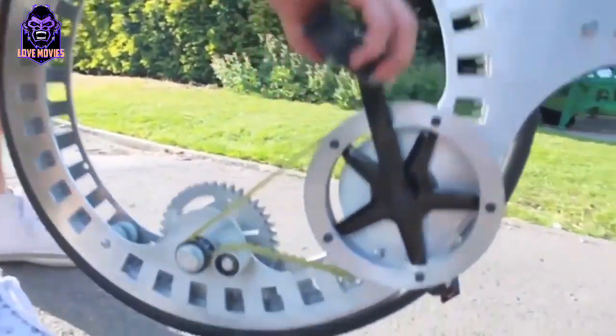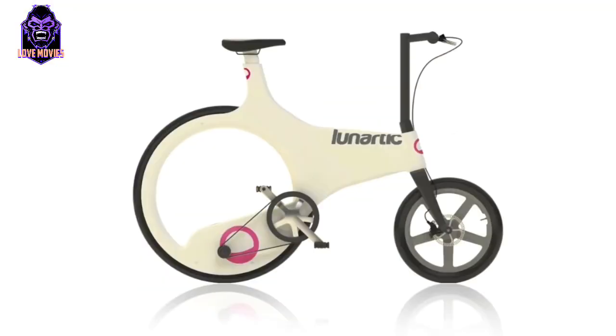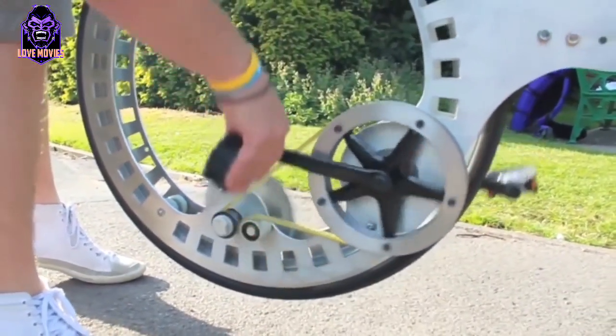Since there's no hub, there are also no spokes, leaving onlookers to wonder how the wheel is connected to the bike. The answer lies inside the circumference of the rear wheel, where a bottom bracket or horizontal axis connects the crank arms to the wheel. Instead of a metal chain, which can develop kinks, the Lunartic Hubless bike is powered by a belt drive system